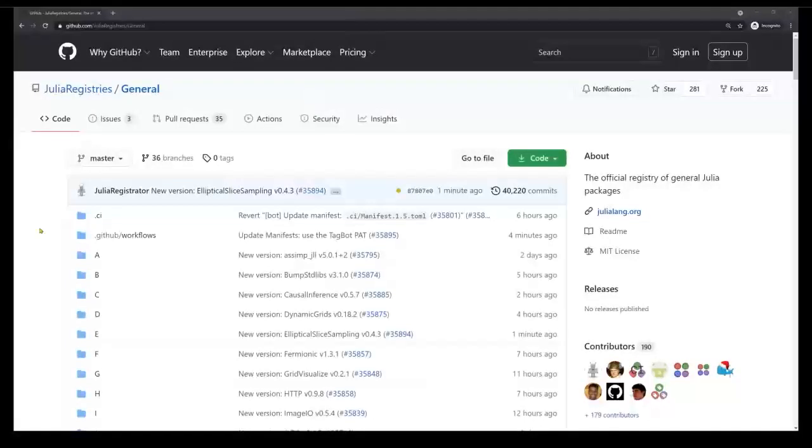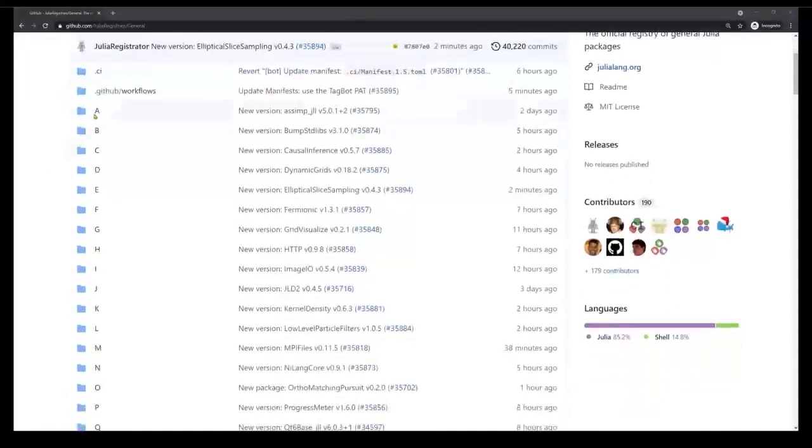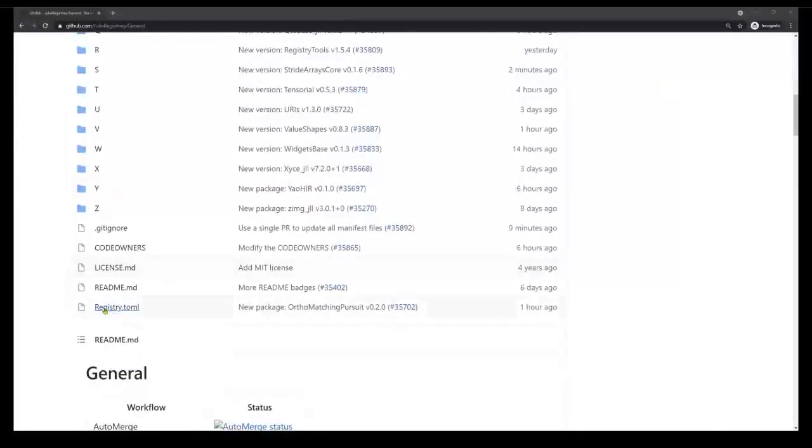Let's look at what Julia's general registry looks like. On GitHub, there is a Julia registry organization. In this GitHub organization, one of the repositories is General. This is the place where Julia stores the general registry. If you look at this repository, you will see a bunch of directories named by alphabet letters. And then one of the important files is this registry.toml file. If we click on this file,